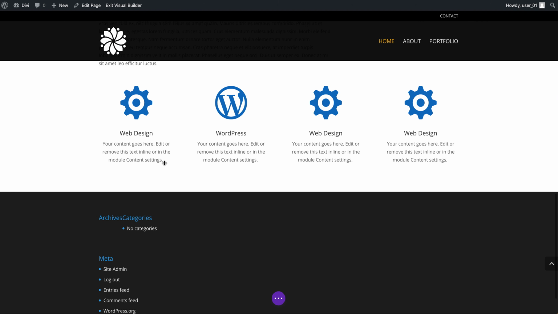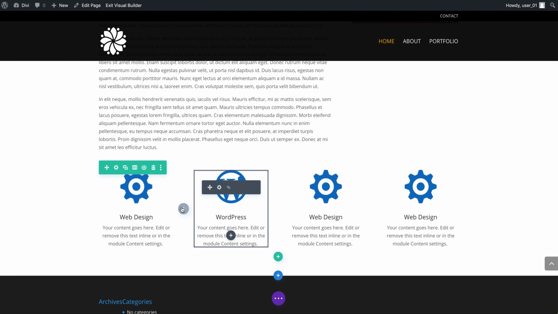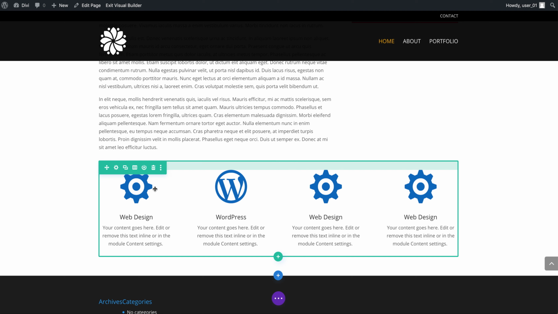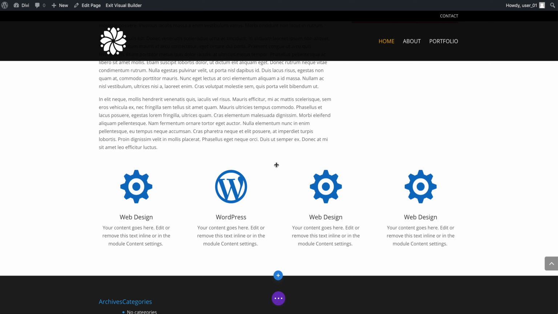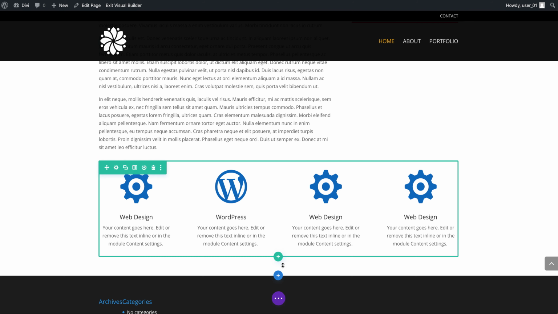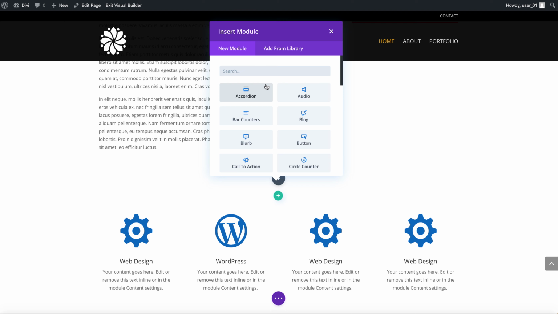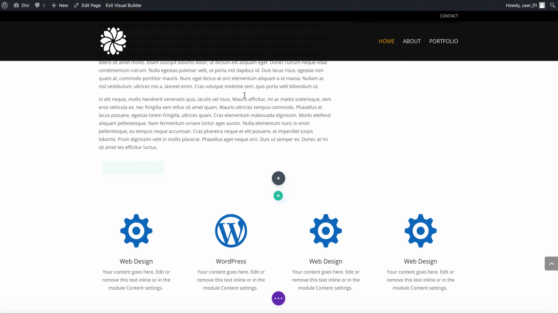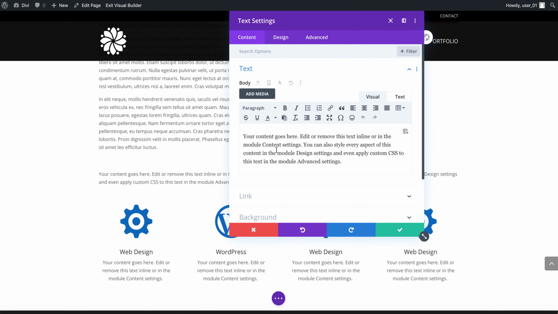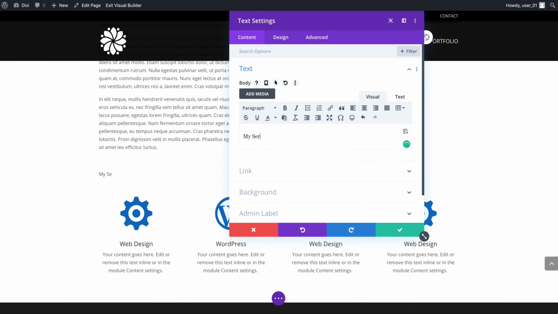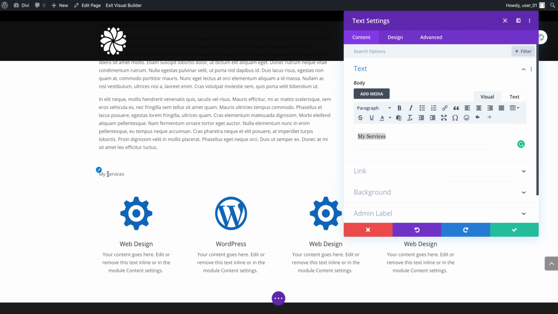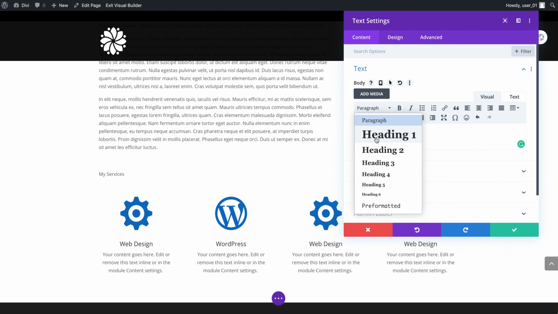Over here, let's say this is a section, all right? I want to add a title to this section. So over here, all right, so what I'm going to do is, I want to add it in between. So let's do it over here. Text. So let's call it my services. All right. So you see it over here. Let's modify it. We're going to call it